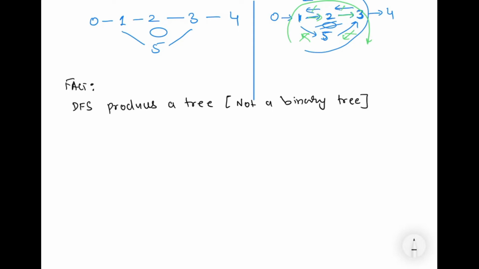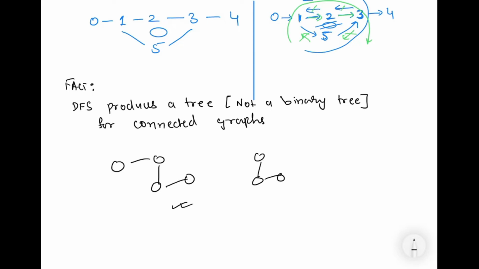So DFS produces a tree for connected graphs. This one is a connected graph. This is a not connected graph. So just to clear the analogy on connected graphs. We have this fact that DFS produces a tree for connected graphs, and if something produces a tree, then